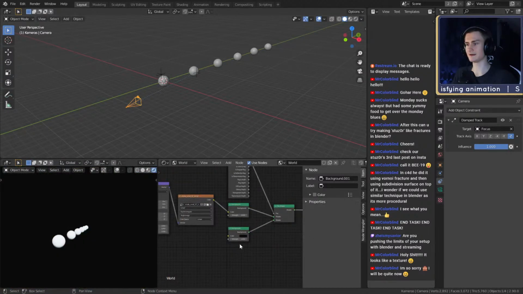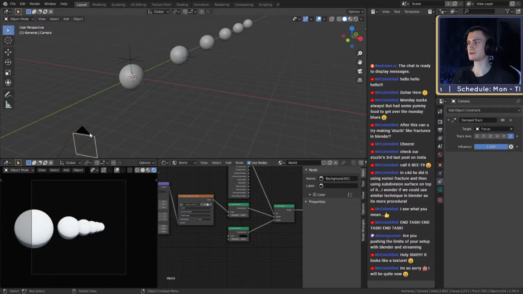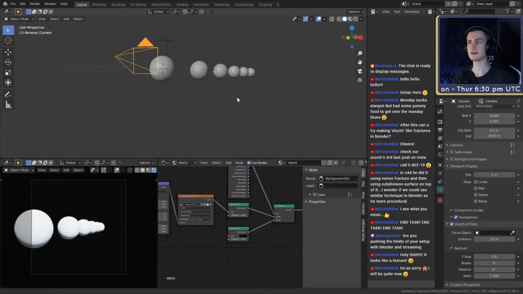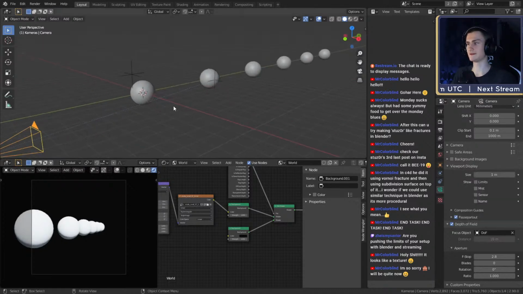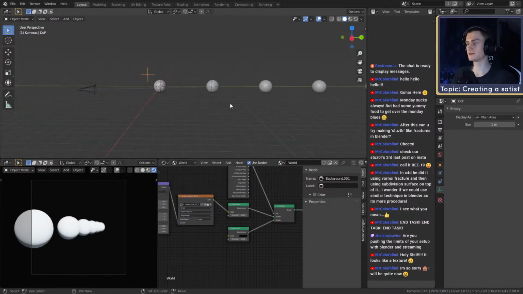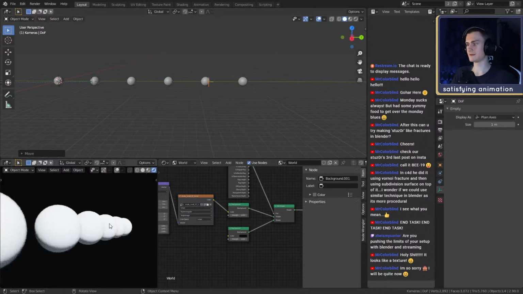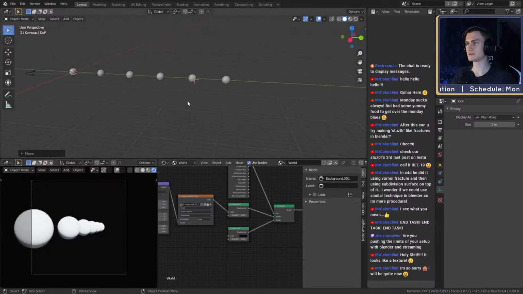That's one of the tricks. And what I wanted to show though is we then go into the camera and we can say depth of field, enable it first, and then focus object. Which focus object? Of course, DOF, depth of field. And if you reduce this to 1, you can see it's blurry down there because this focus point is up in front. If we though put this all the way back here, now the back is in focus and the front is blurry. So you can dynamically decide where your limit is.